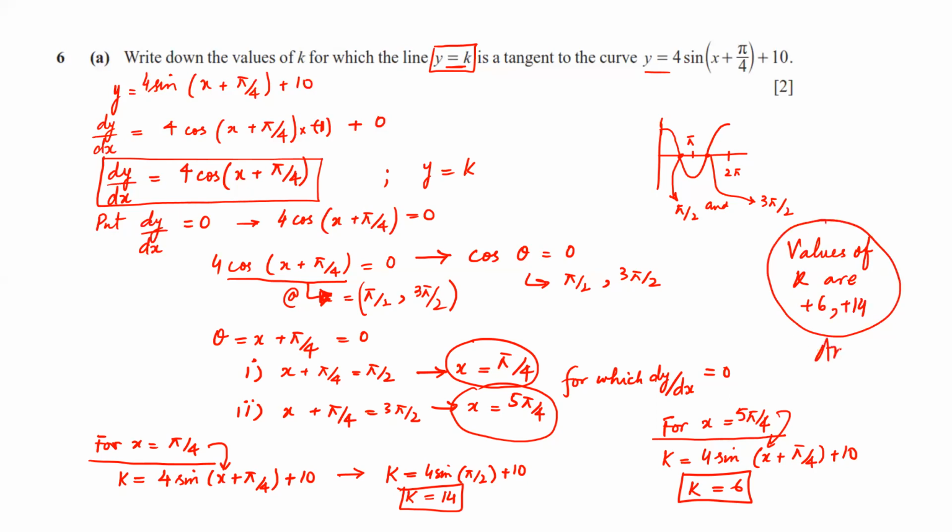This is my answer. Okay, so moving ahead, part B, it says show that (1 plus tan theta) over (1 minus cos theta) plus (1 minus tan theta) over (1 plus cos theta) is equal to 2 multiplied by (1 plus sine theta) divided by sine square theta. So let's take this as left hand side is equal to right hand side. We have to show that. So let's take left hand side. We get